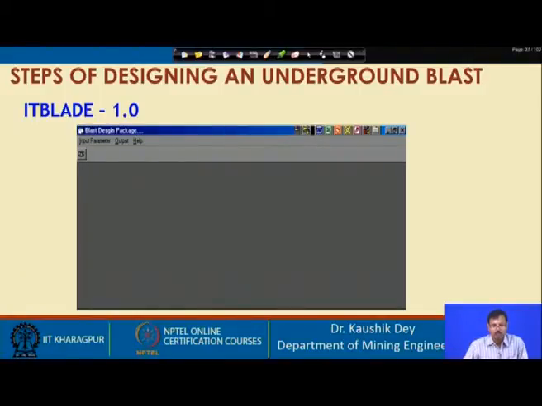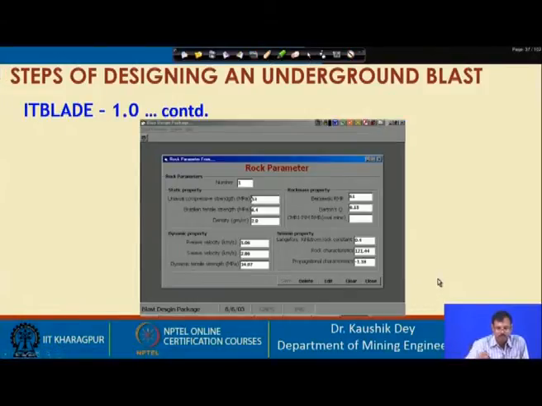Okay. So, in this case we should give some input parameters. Let us see what the input parameters are. We will discuss this for the burn cut. However, the procedure will remain the same for the wedge cut, except for the cut area, where the area will be designed in a different way other than the burn cut. First, we need to have the different input parameters.